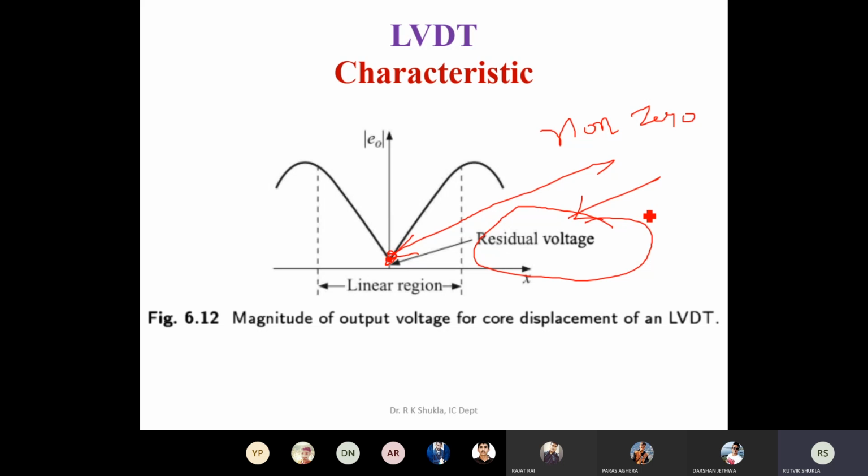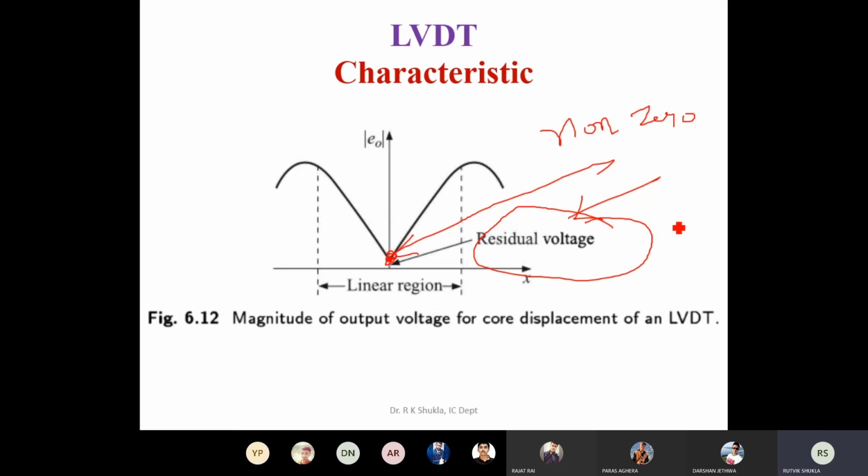Now this residual voltage is generally generated due to certain stray capacitance or the stray connections which are present between the primary and secondary side. And it is also due to the fact that your input does not contain only the 50 Hz fundamental component, but it also has certain even and odd harmonics on the input side, which ultimately affects it, so even in the null condition it generally gives certain output on your secondaries.